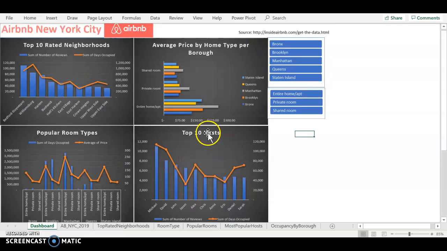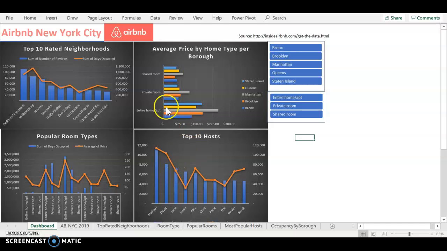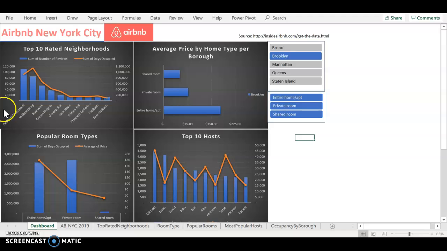To filter out all the unnecessary information from this chart, I had to create these nice slicers here. As you can see, let's say I just want to look at information in Brooklyn. I just hit Brooklyn and it automatically shows me the top 10 neighborhoods of Brooklyn. So I probably want to be in Williamsburg or Bedford. Or it would also show me the